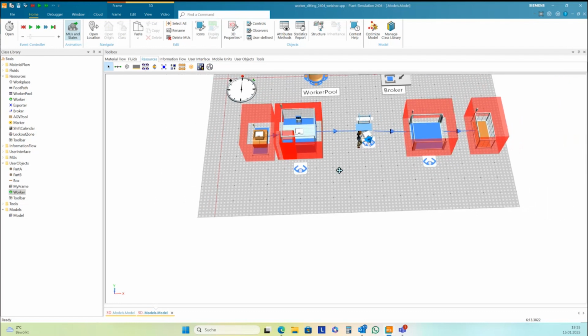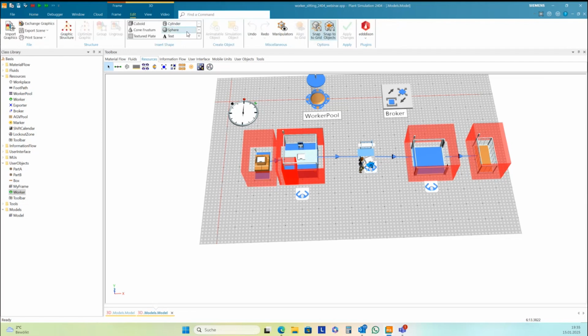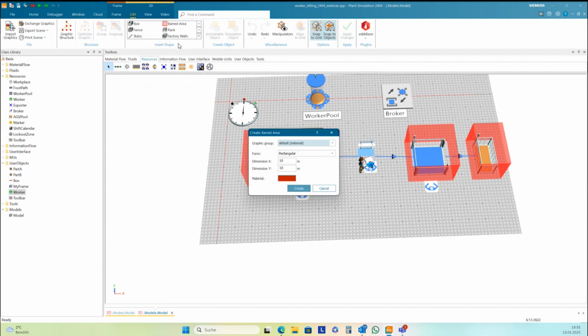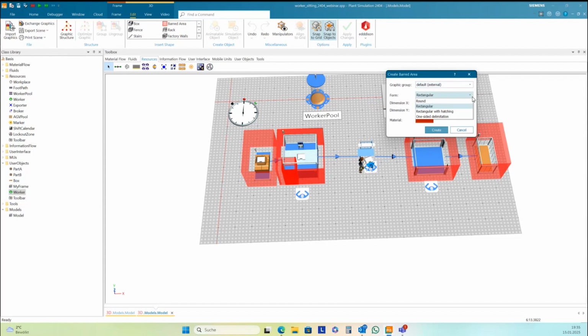And if you need additional obstacles, then you can just place them here. Go to 3D, and down here you now have buried area. And you can place a lot of different buried areas here.